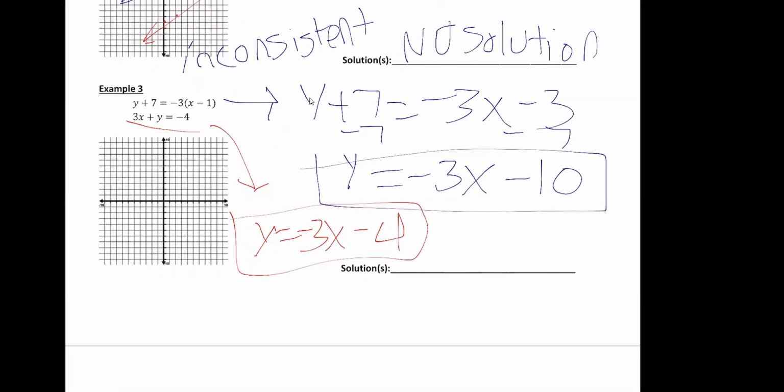Sorry, I'm going a little bit fast. Oh wait, did I mess something up? Yeah, I did. This should have been -3 times -1. This should have been a +3. So then when you subtract it, that would have actually been a -4. But notice these are the same exact